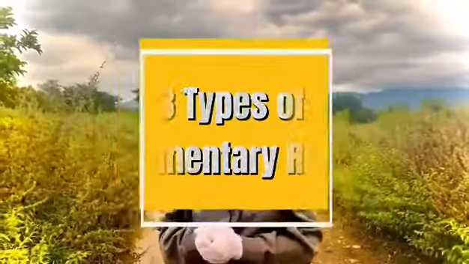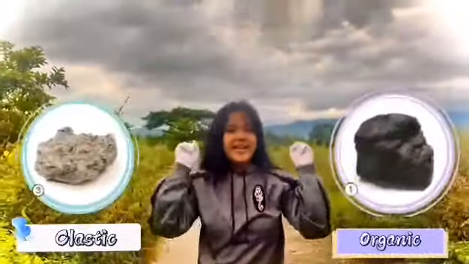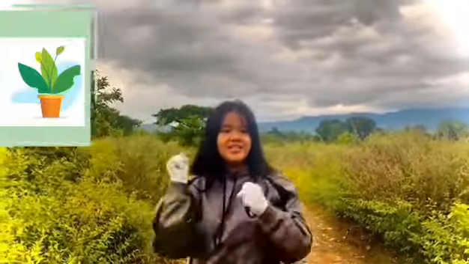Sedimentary rocks are formed from pieces of other existing rock or organic material. There are three different types of sedimentary rocks: clastic, organic, and chemical. Clastic sedimentary rocks like sandstone form from clasts or pieces of other rock. Organic sedimentary rocks like coal form from hard biological materials like plants, shells, and bones that are compressed into